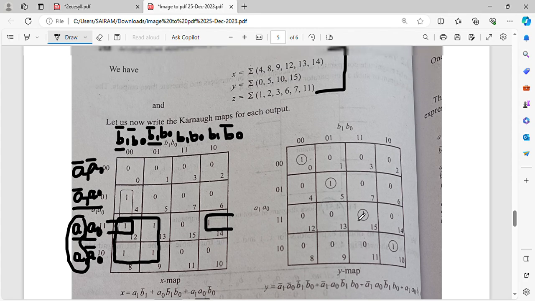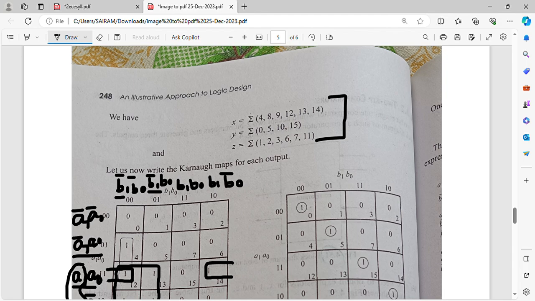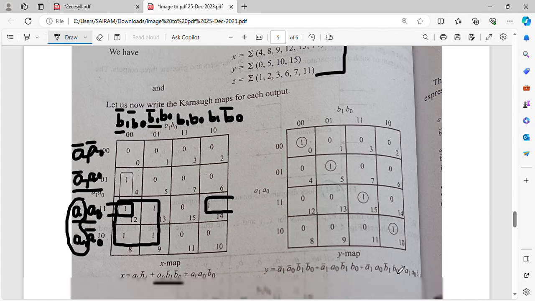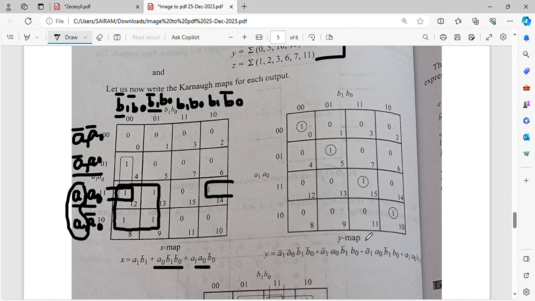And for the second one, you know that 0, 5, 10, 15. See 0, 5, 10, 15. Right? These are diagonal, 4 cells, but you can't even group that. So what you can do directly is, for 0, a group of 1, so what is on 0: A1 bar A0 bar B1 bar B0 bar, the same comes there. What I have written here comes here, and what I have written on top comes here. So this is A1 bar A0 bar B1 bar B0 bar, because the 0 is grouped in a single manner. So you have to consider all 4, right? You have to take A1 bar A0 bar and B1 bar B0 bar, because it's a single group and you can't even eliminate things there, right?